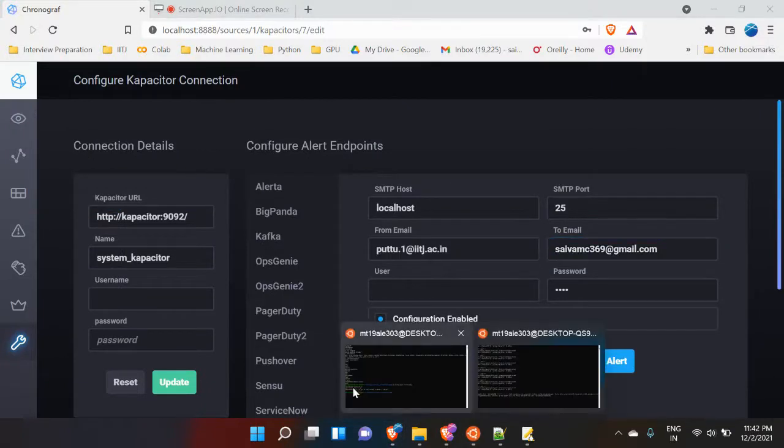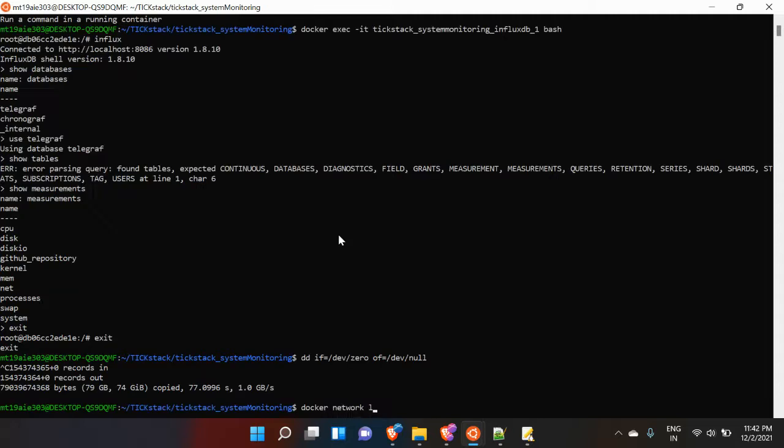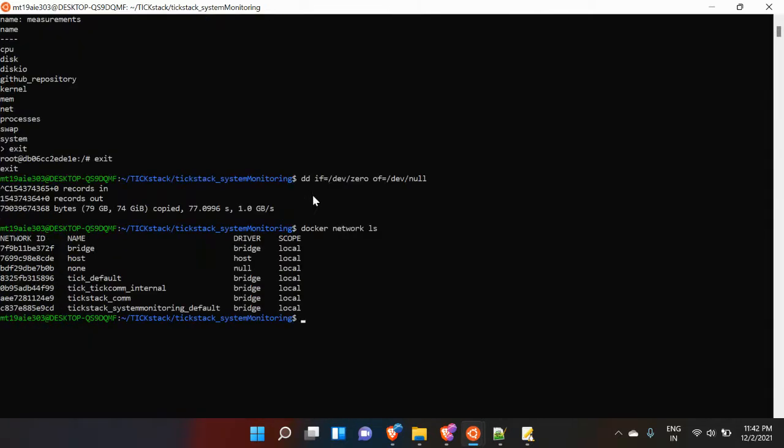When it comes to the security part, I have made all the four containers run on a bridge network, which is called TickStack communication and system monitoring default. Let me go ahead and show the configuration.